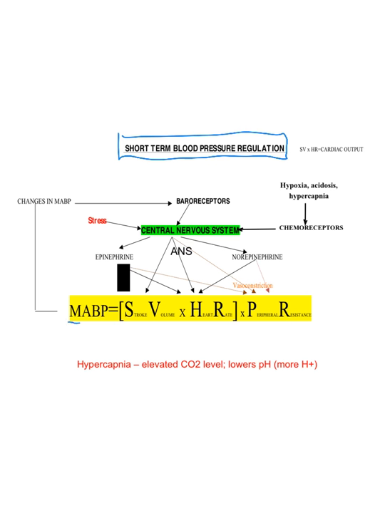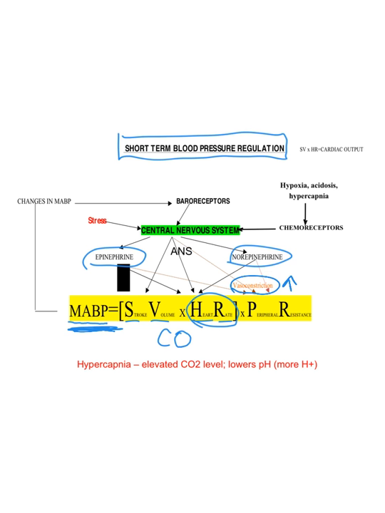Here we're looking at mean arterial blood pressure, which of course we calculate with stroke volume times the heart rate, which is our cardiac output, times peripheral resistance. As we already talked about, the adrenalines or catecholamines, epinephrine and norepinephrine, increase heart rate, which is going to help increase the blood pressure. We also know that with vasoconstriction they're going to increase peripheral resistance, which would also increase your mean arterial pressure. How do we know to release this?